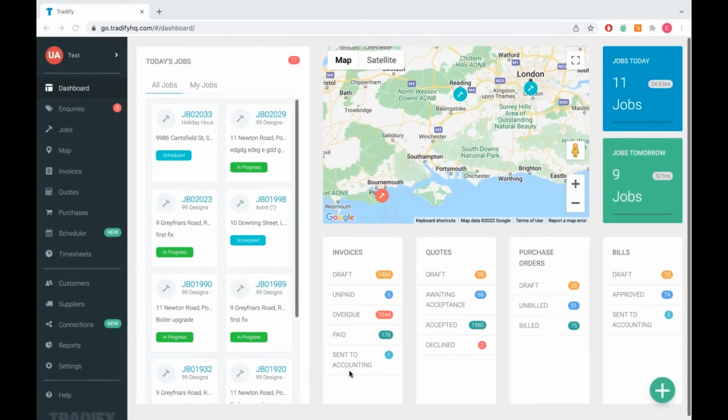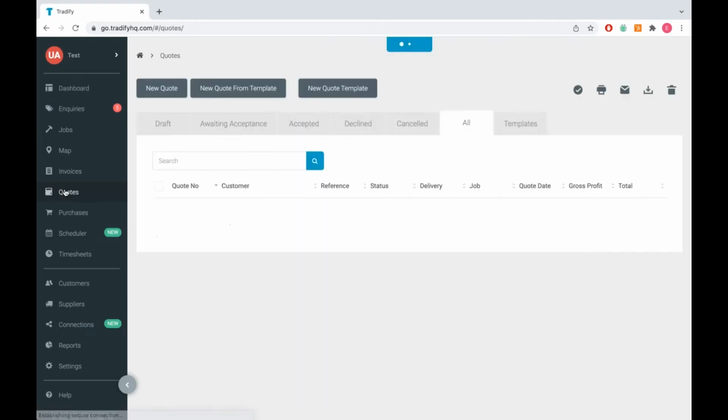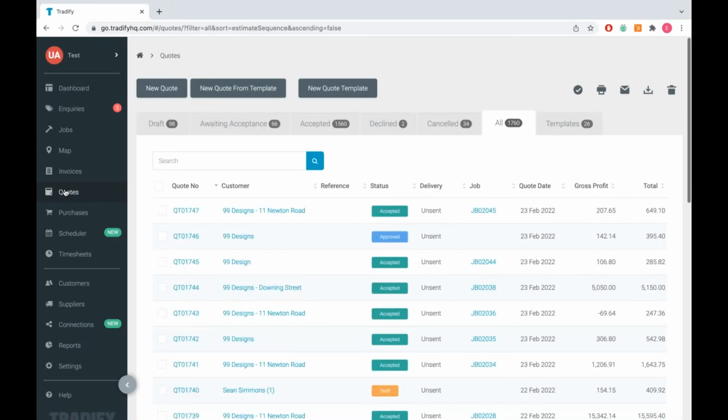Excellent. So what I'll do then is start off by just sending out a quote. We'll convert that to a job, and then we'll pull it all through to an invoice. If we jump to quotes on the left-hand side here, any quotes previously sent on Tradify are just going to be stored in this section here. So you can always go back to revisit things and see which stage each quotation's in. If we just jump to new quote in the top left,